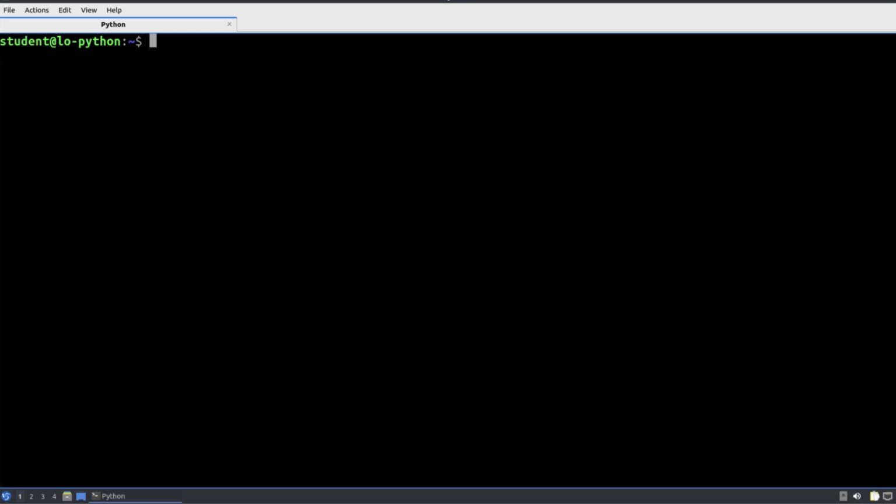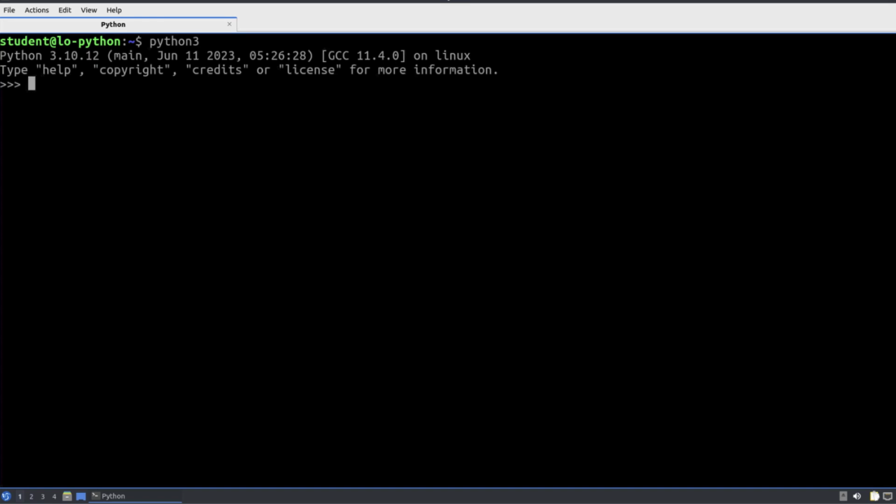Now, to be honest, we're normally going to be working within a script editor, creating scripts. But this type of thing is probably a lot easier to show you from the command line, so we'll work directly at the Python interactive shell. If I just type python3, that will open up the interactive shell. If you're using something like Windows, then typically it's going to be python, not python3. But in either case, it's going to open up the shell.